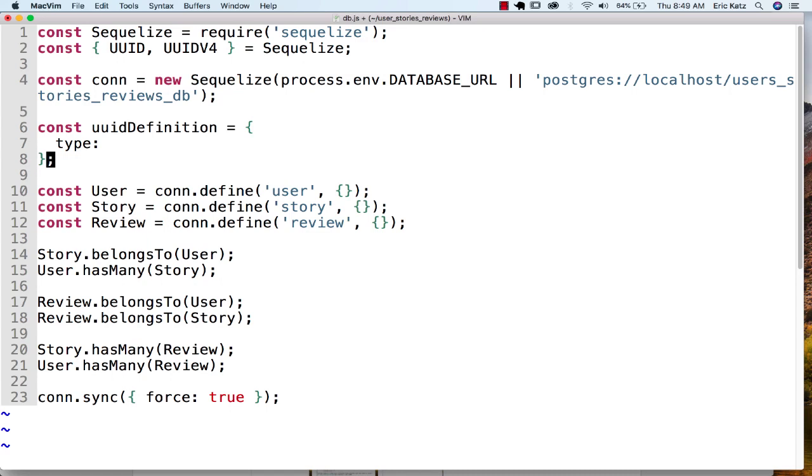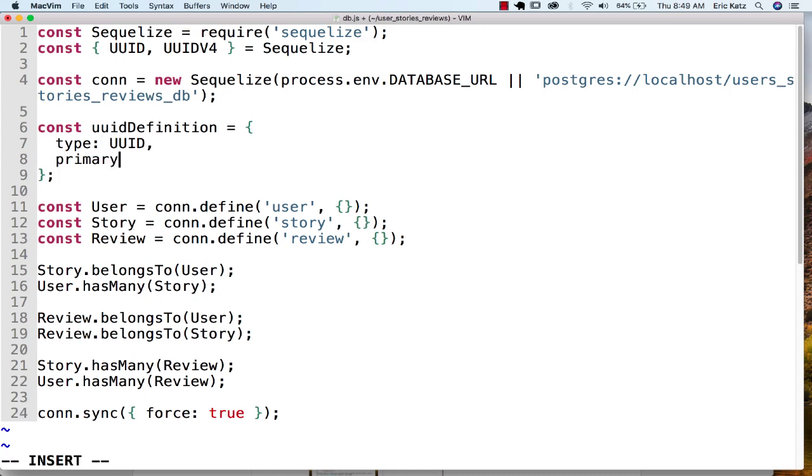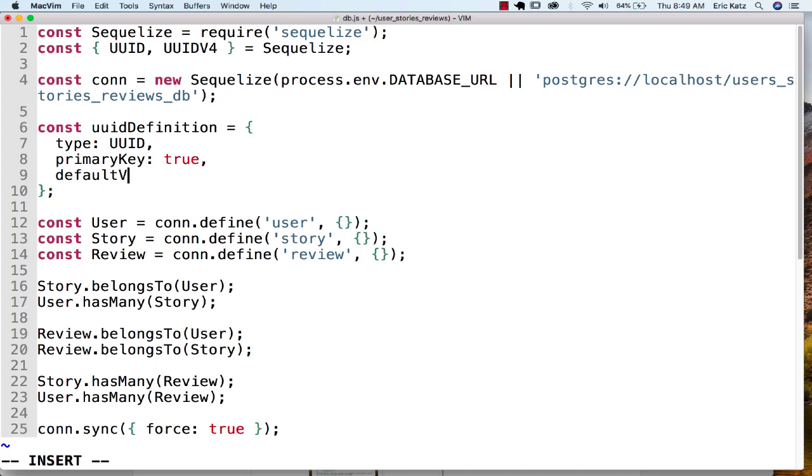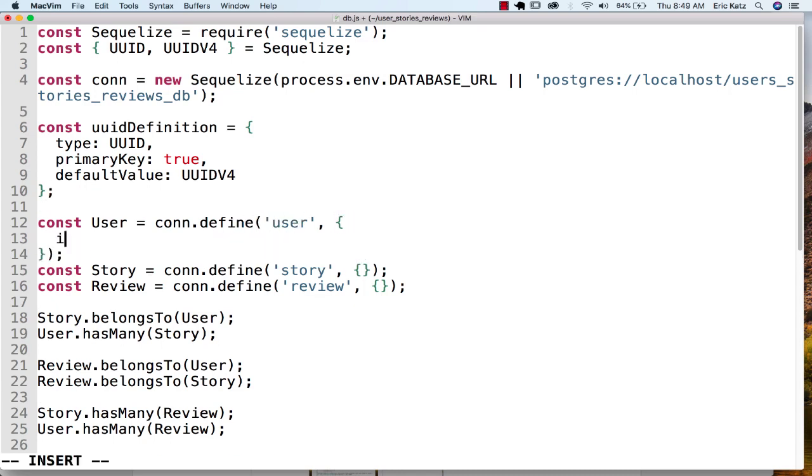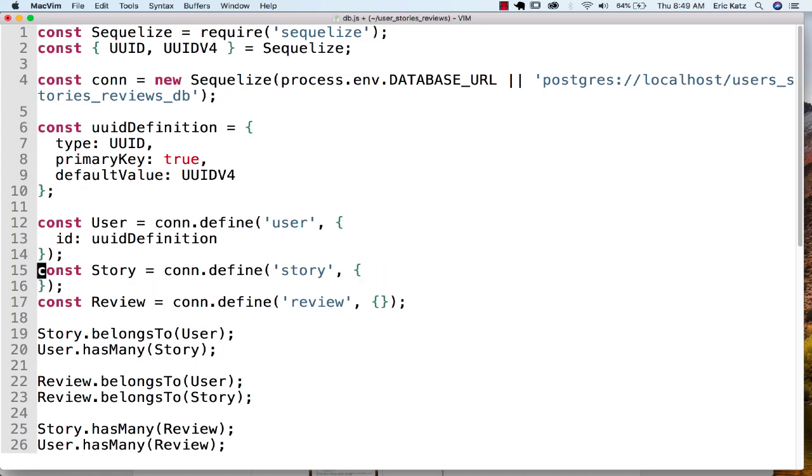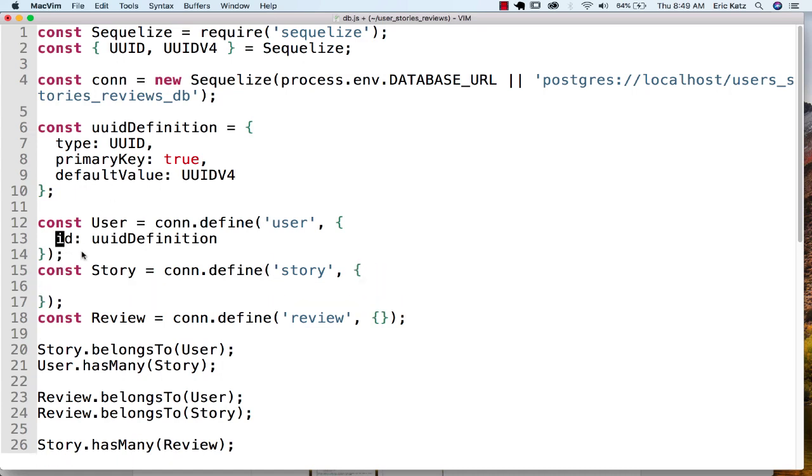I'm just going to say the type is going to be UUID. I'm going to say that primary key is true. It is going to be a primary key. And for a default value, I'm going to specify that we're going to use UUIDV4. The reason why I'm doing that is just so I don't have to do this three times. I'll say the ID is going to be the UUID definition, just to save me a little bit of typing, and instead of having to put this object for all of these,